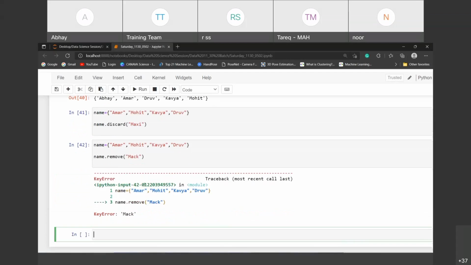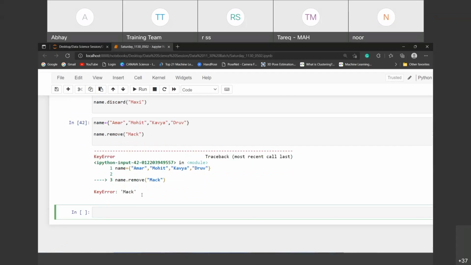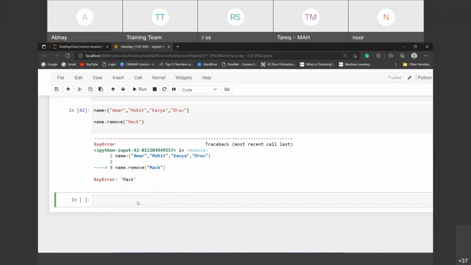But remove says this matters to me. If you pass an item that is not present in the set, definitely it will throw the error. But both behave as removing the item. And you have to make a chart. Do not miss the chart making, because the four are different. You got the point, right?